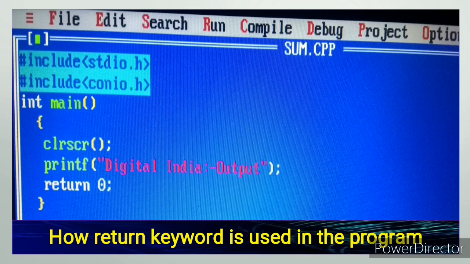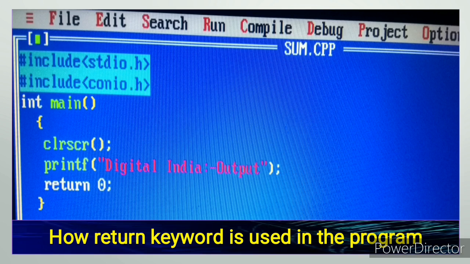If we use return 0 in place of getch, then you don't see the output, because return 0 ends the program in a fraction of a second. So when we press Ctrl F9, it doesn't show any output. That's why always write void main and use getch at last.